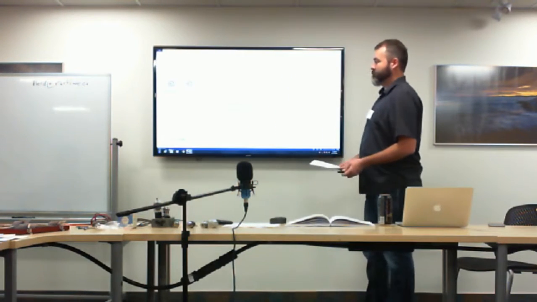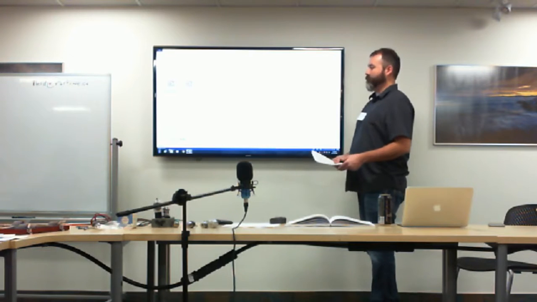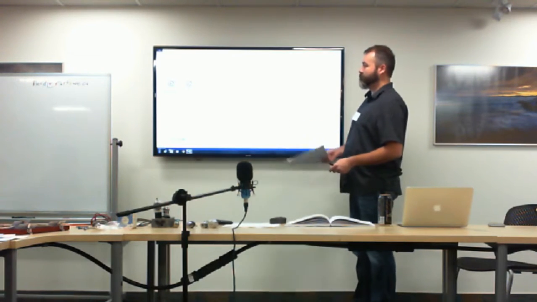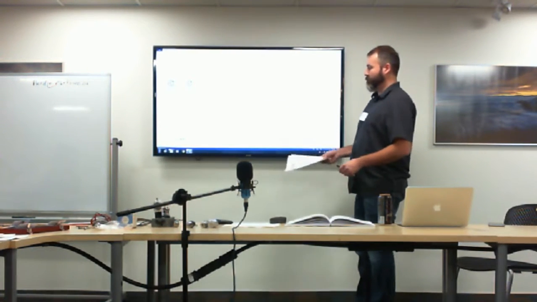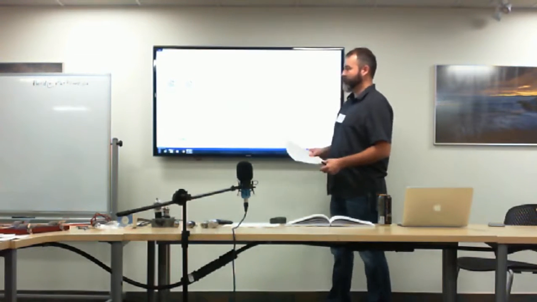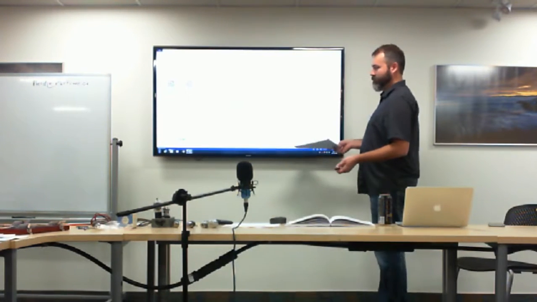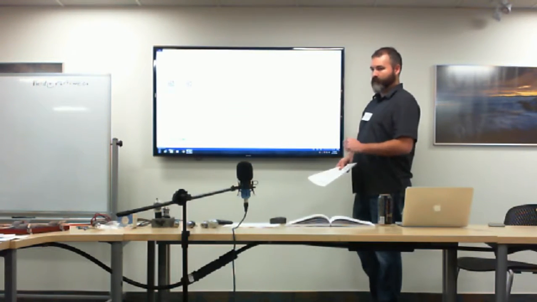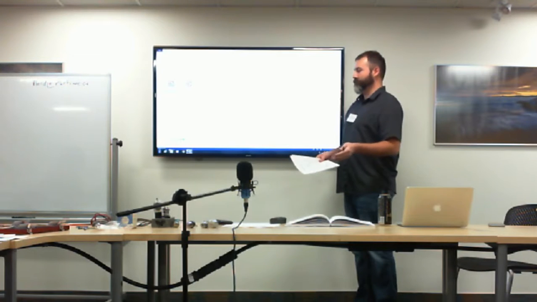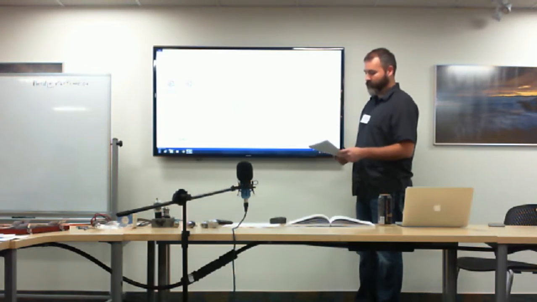So there's two types of field effect transistors, the N and P. I'll show you why. I'll draw it on the board in a moment. They have different electrodes. They have a gate, a drain, and a source, as opposed to a collector, base, and emitter. And they provide similar functions, but we'll have to review that.